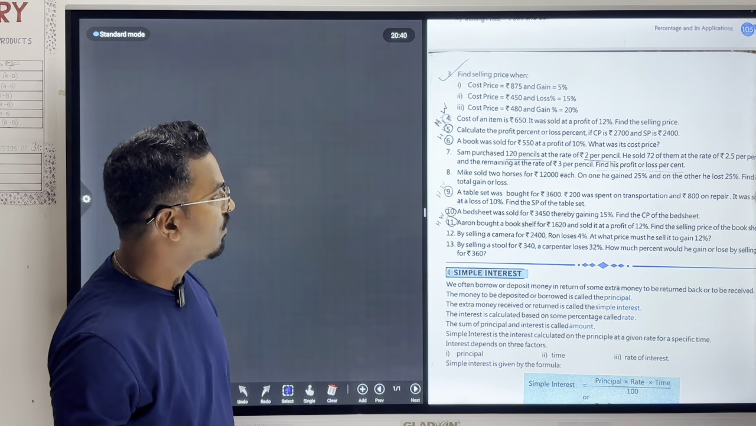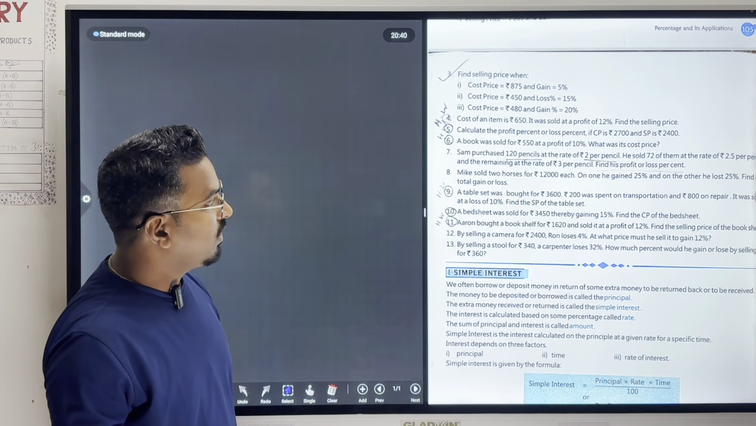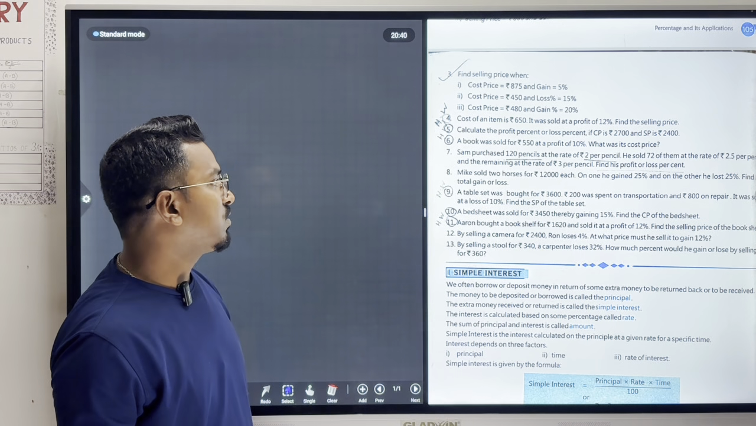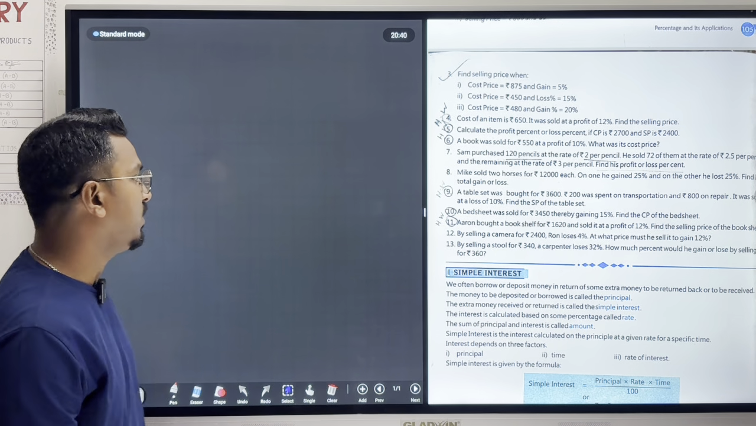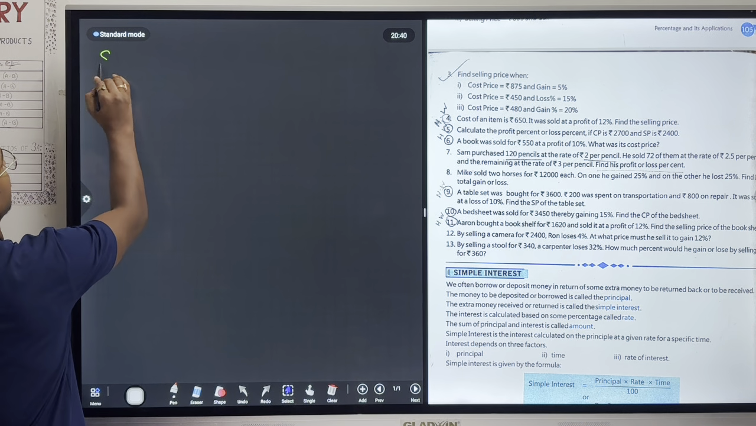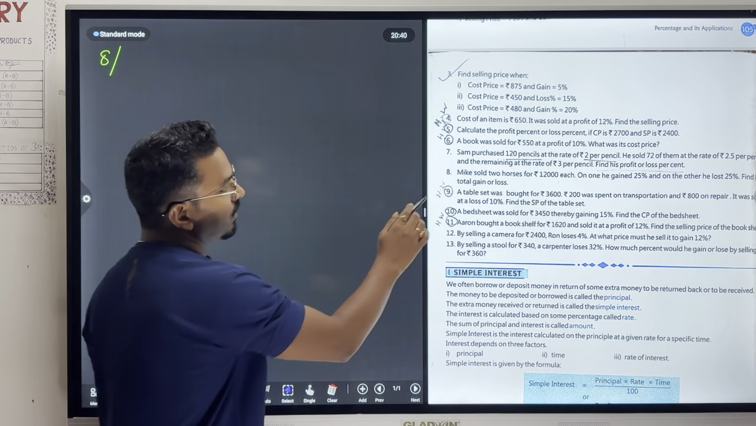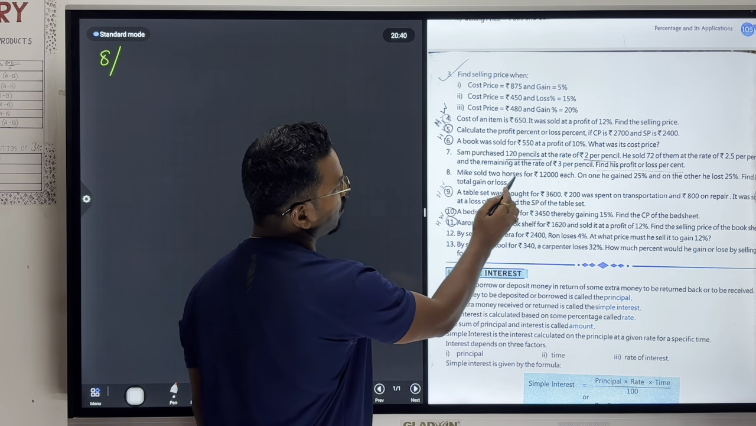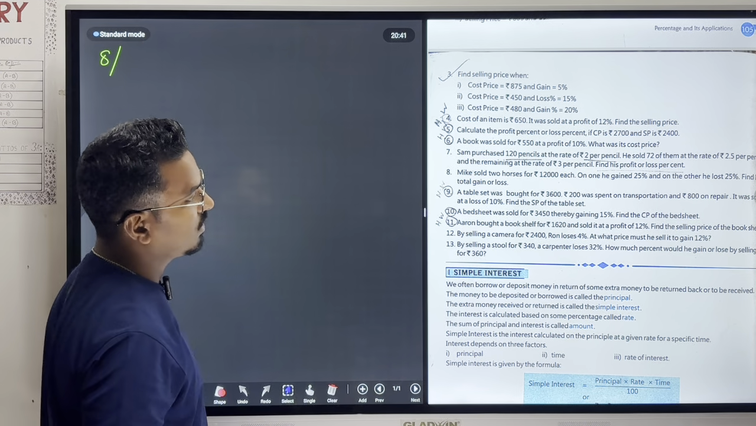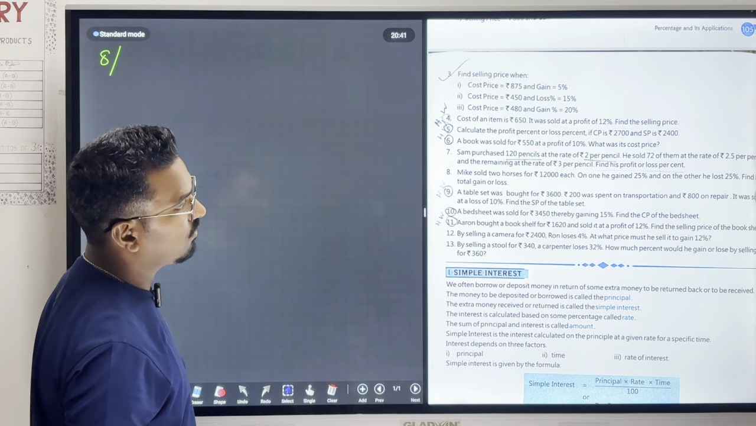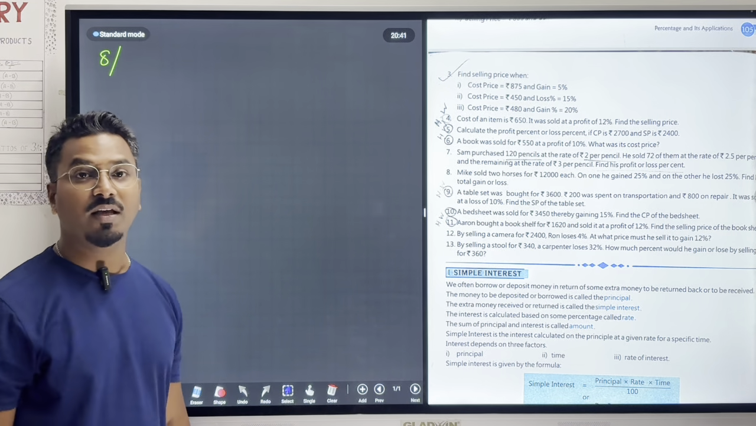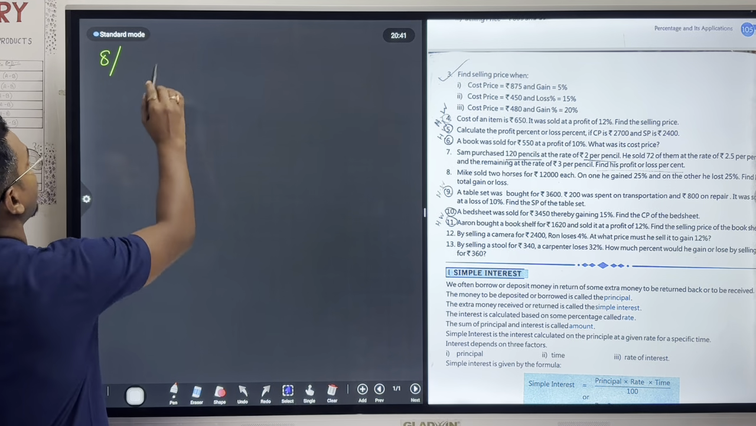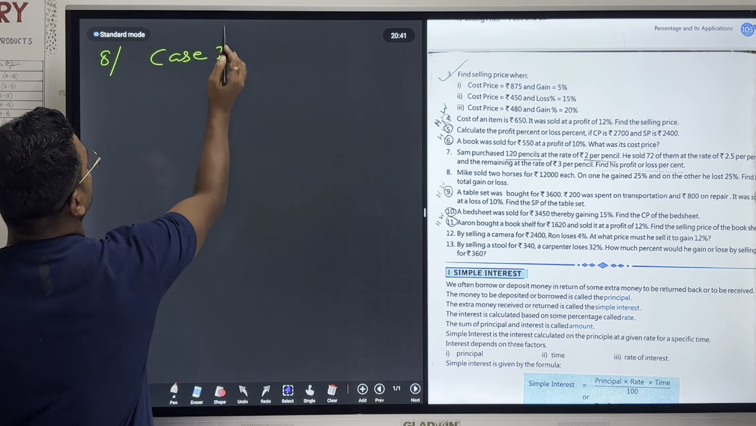Mike sold 2 horses for rupees 1200 each. On one he gained 25% and on the other he lost 25%. Find his total gain or loss. Okay, let me find it out. This is selling price. Mike sold 2 horses for rupees 1200 each. On one he gained 25%, on the other he lost 25%. So you have to find the cost price. Okay, you have to find the cost price. So here also we will use case 1 or